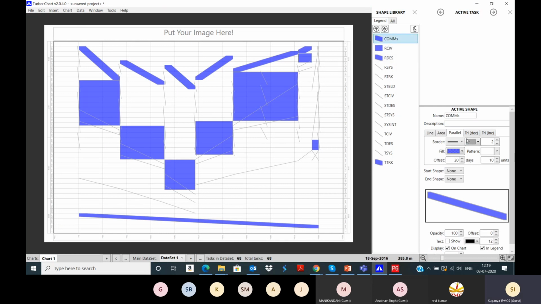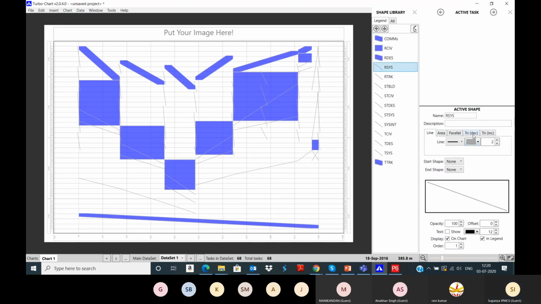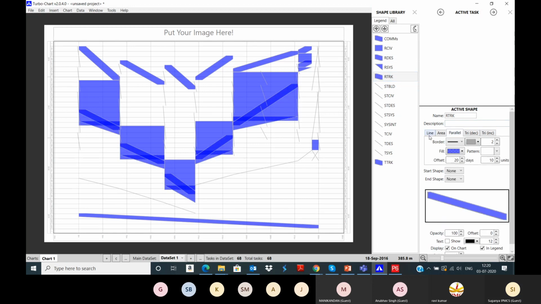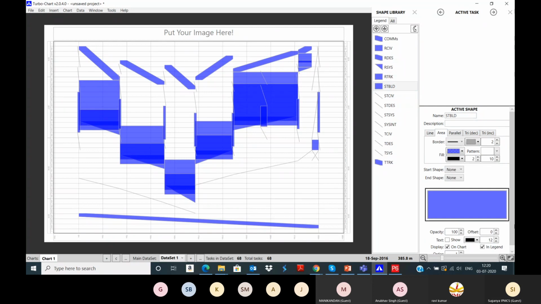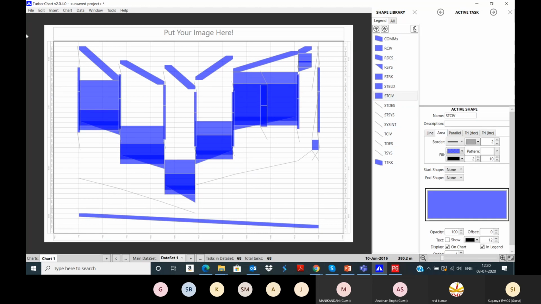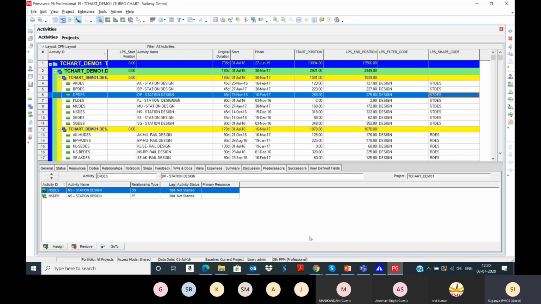So for commissioning, I have given parallel, and for RCT, I have given area, and then line chart, and triangular also you can give. So this is how you can directly open from the Primavera.